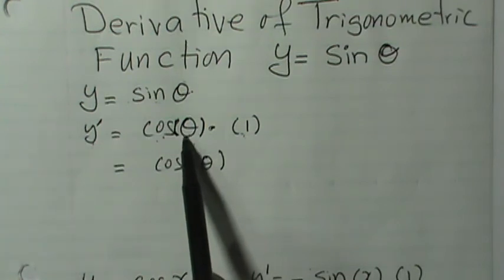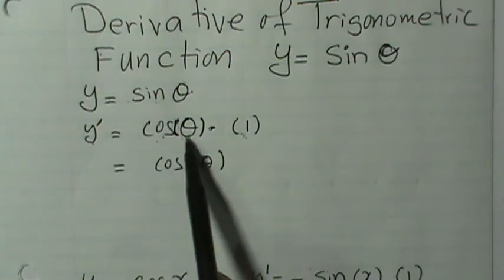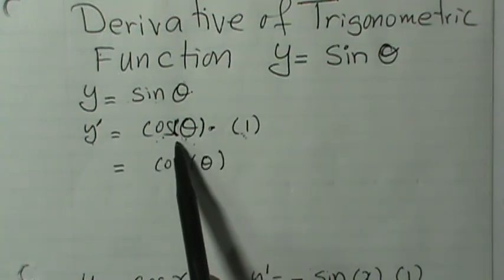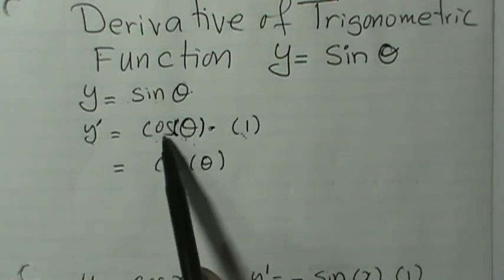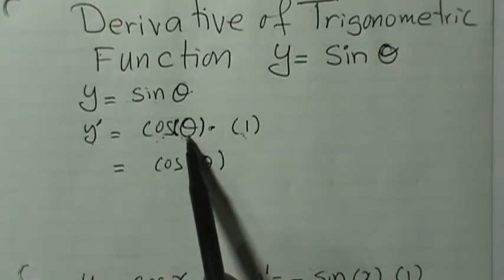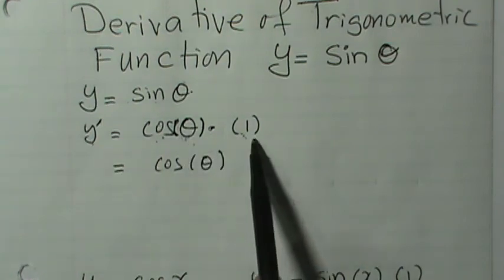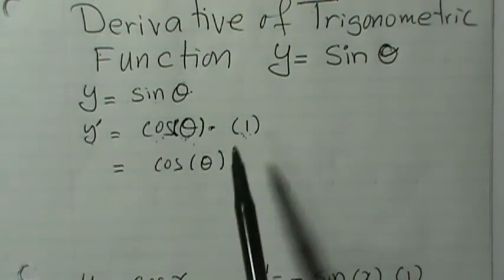And the derivative of theta itself is 1, and that's why I wrote right here beside the cos theta 1, because we're not only taking the derivative of the trigonometric function, we also have to consider the derivative of theta itself too. So in this case, the coefficient of theta was 1, so the derivative of 1 theta would be 1. All right, now,